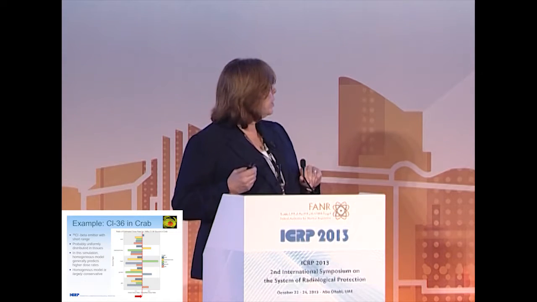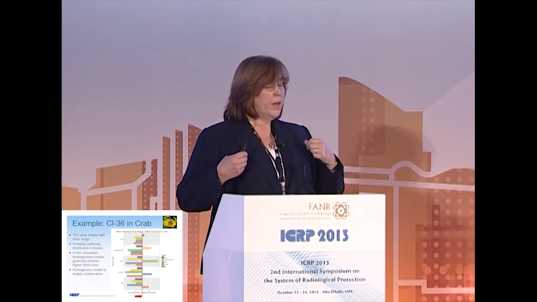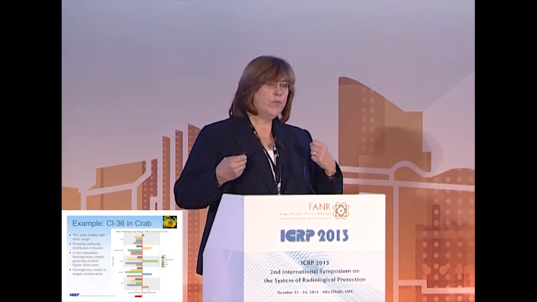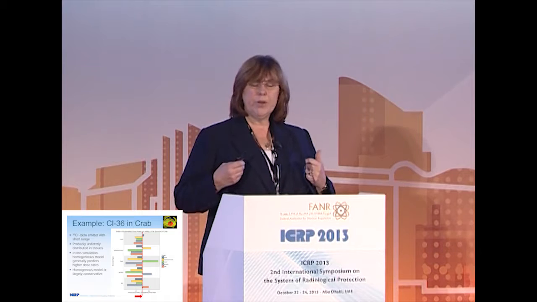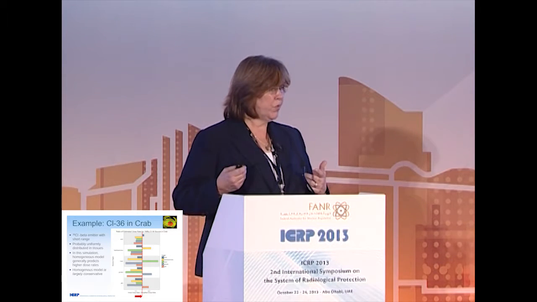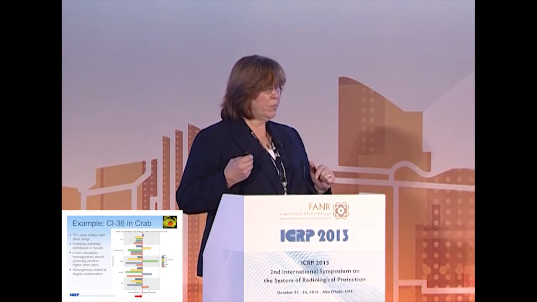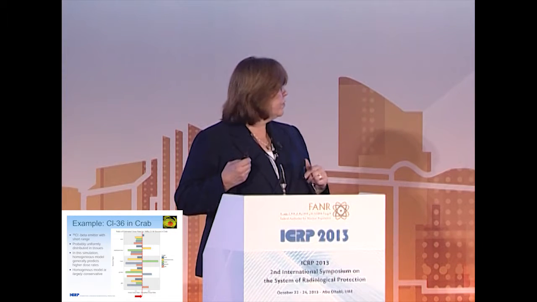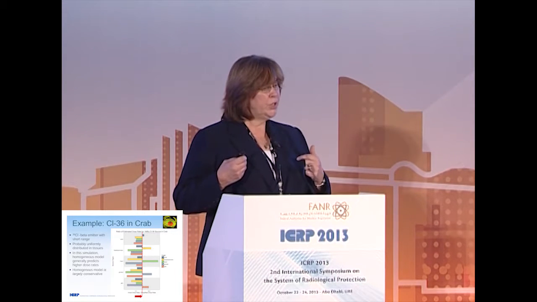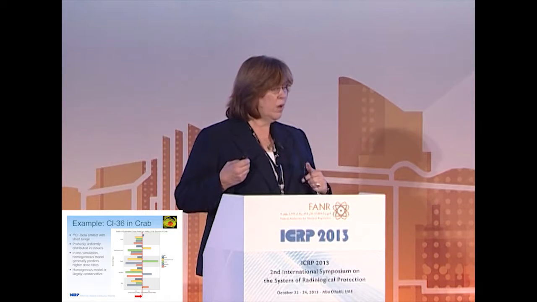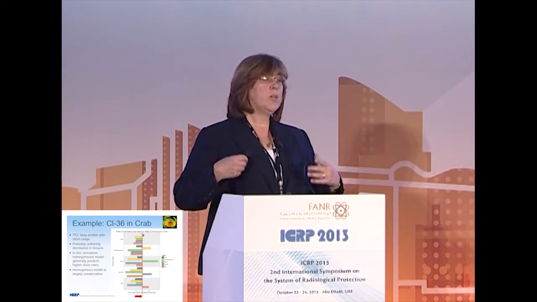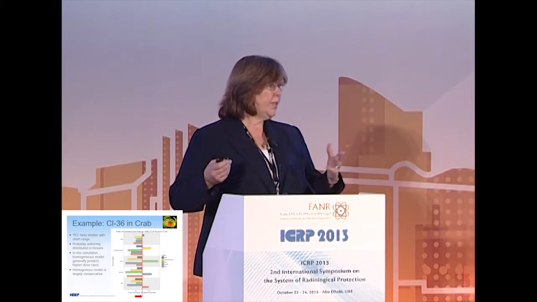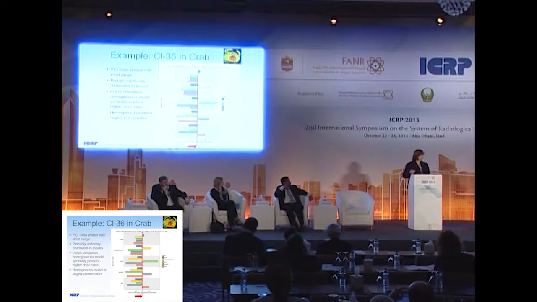Chlorine-36, so we're looking at chlorine-36 in a crab, right? This is a very long-lived, essentially pure beta emitter. Typically, we think it's probably going to be uniformly distributed in tissues. So in this particular simulation, what we see is that the homogeneous model generally predicts higher dose rates. So we would say, all right, this simplistic model for this radionuclide is conservative. You probably can use this particular approach.